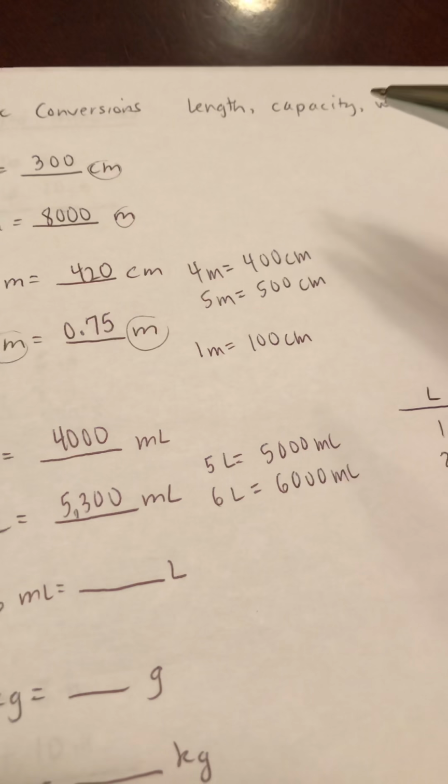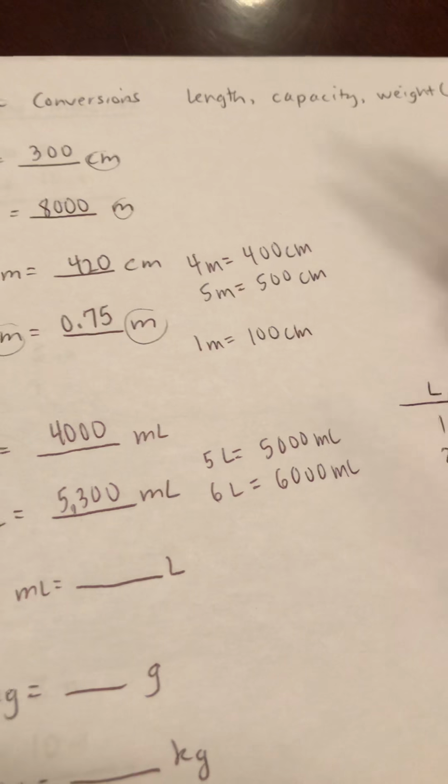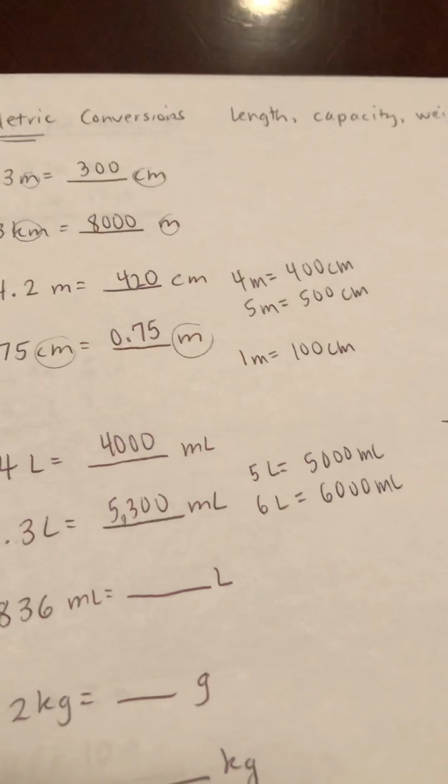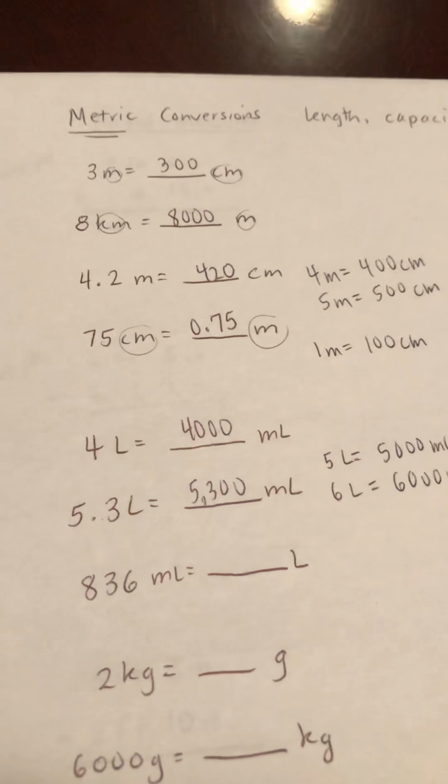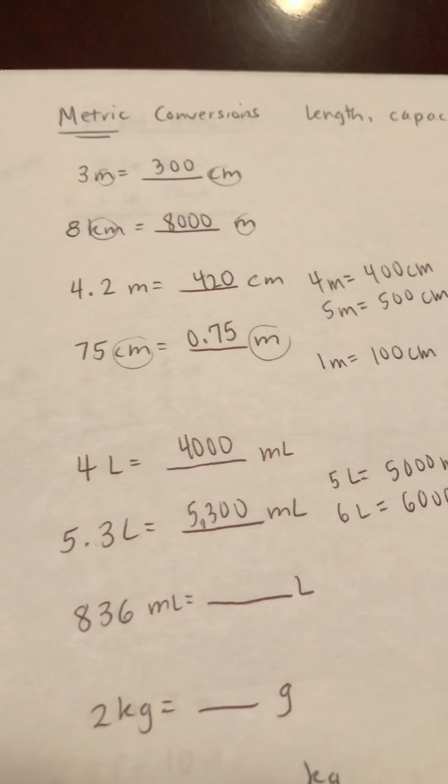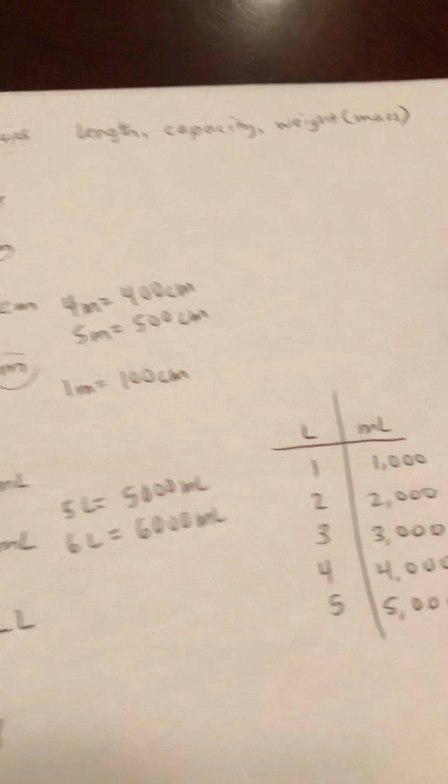There won't be a whole lot of questions on metric conversions on their test. As long as they're able to basically multiply by hundreds and thousands, they should be okay. You might see some of these, maybe not. I like to expose them just in case they see that and they have an understanding of that. Just like with our